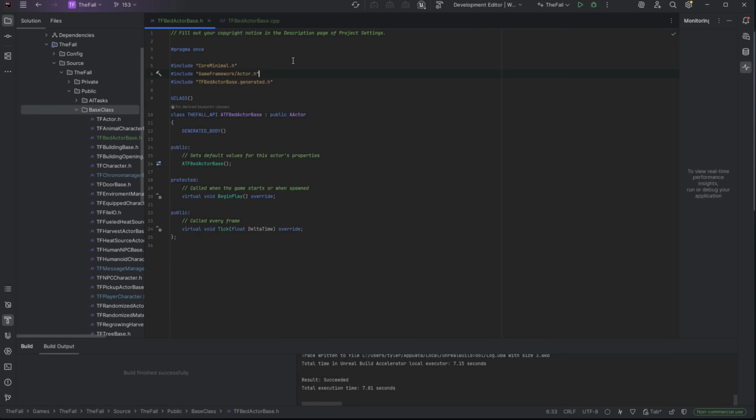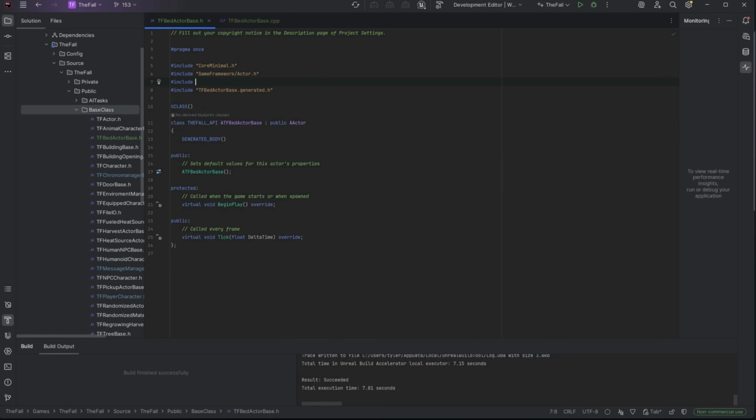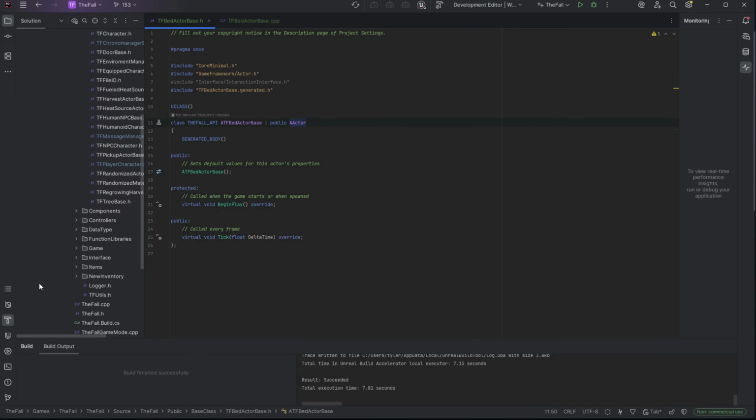So include, well, we need to include our interface. So include interaction interface. Interaction interface, and then from there,